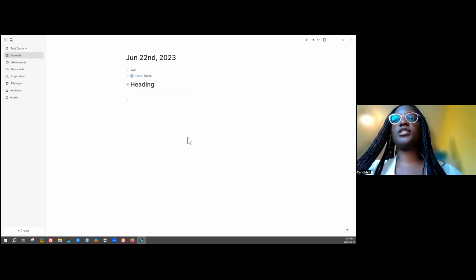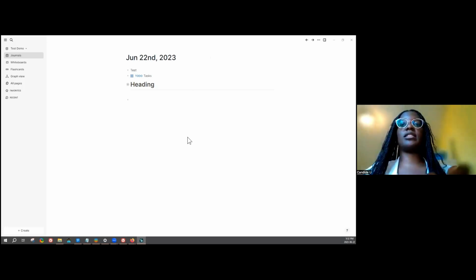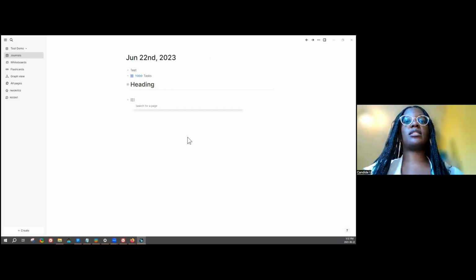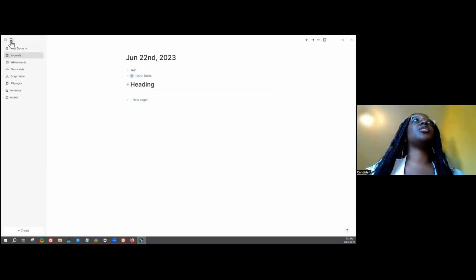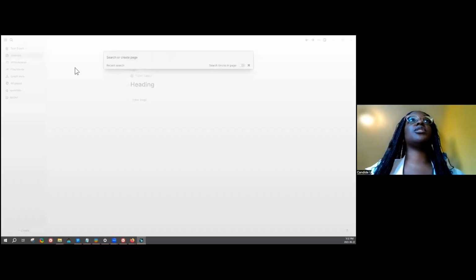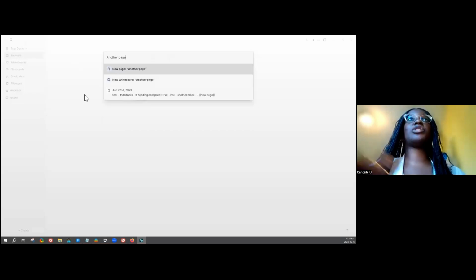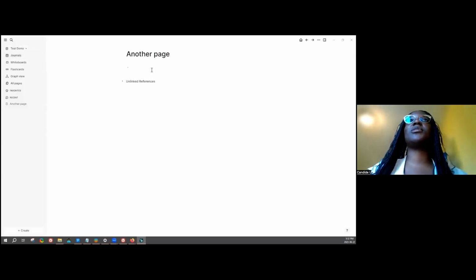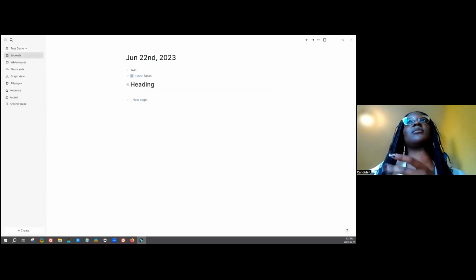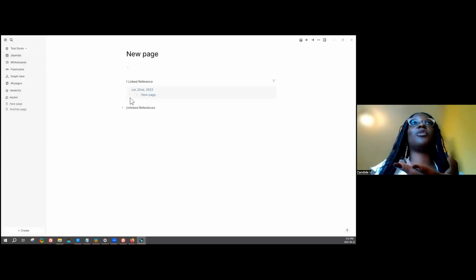In order to create a new page, you write double brackets and then create a new page that way. That's one way of creating a new page. You can also create a new page by using the search button, and then another page to create it. So now I'm on the other page. So there were journals and regular pages.